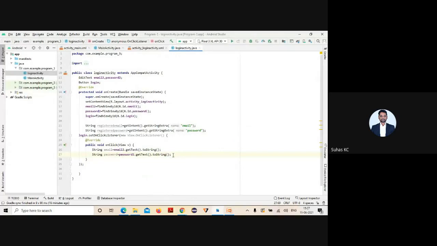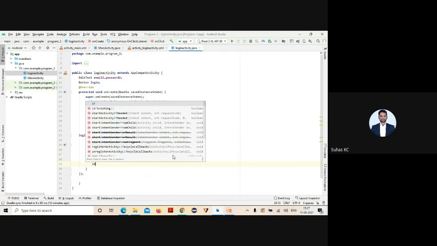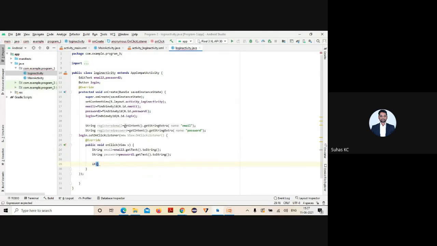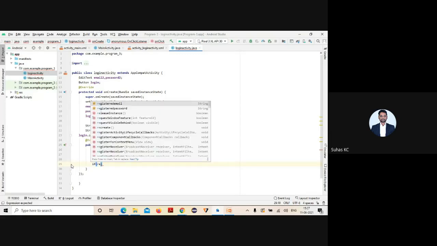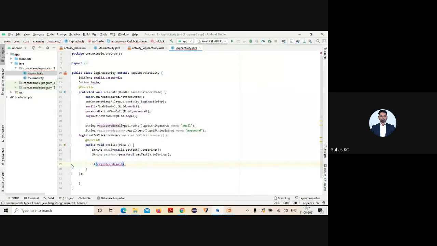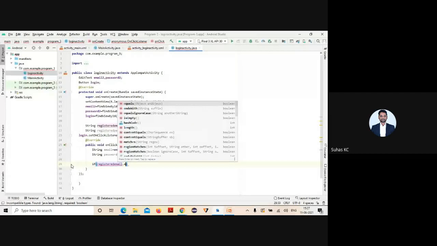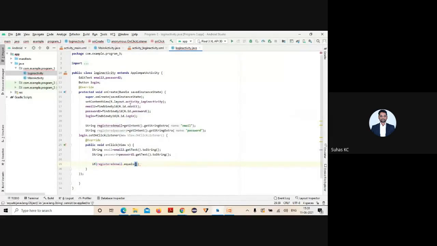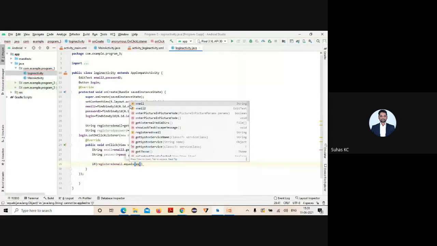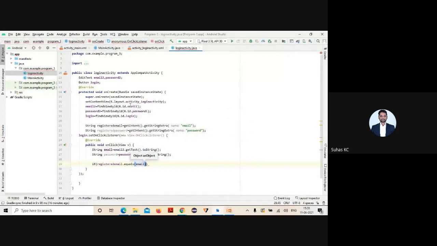For that, I'll take an if condition. If registered email dot equals, not the equal operator, the equals method. What exactly I'm checking is the email. And in the same way I need to check your password too, right?